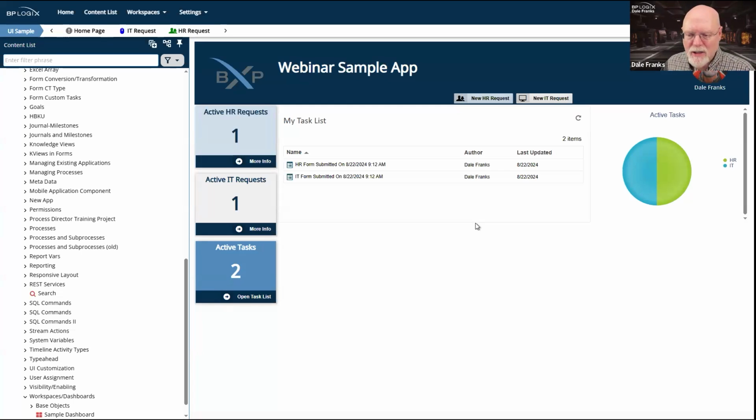I, as a system administrator, don't have to worry at all about any workspaces that are associated with it, because I'm never actually going to make a change to the workspace unless, as in this case, I do need to change one of these two items. I've thrown them in there. They're the same items that are part of the HR request, a new IT request. But any other changes that take place inside the application itself.